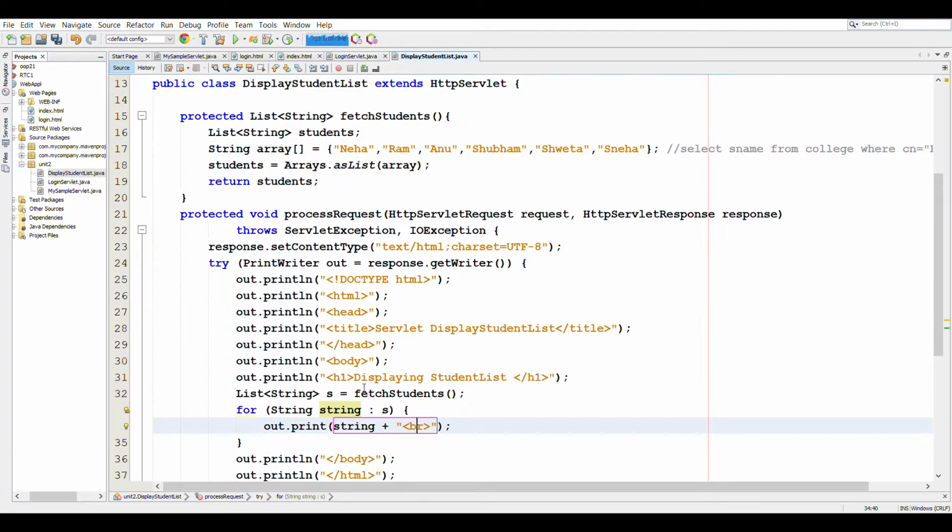We are using a break line here so that the output appears on a new line. Using the println method to bring the output on a new line will not work because we are writing an HTML file, not writing the output to the Java console. So if we need a new line, we have to use the BR tag.